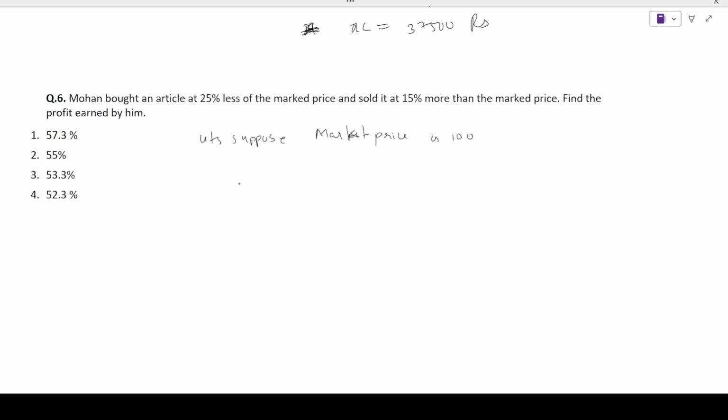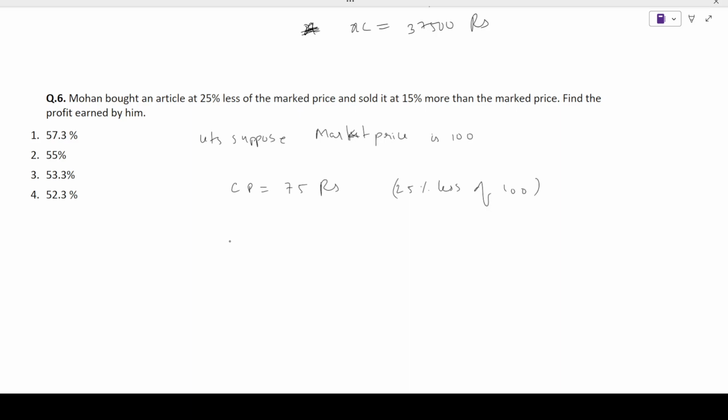So Mohan bought it for 25% less. That is, the cost price is 25%. 25% of 100 is 25. So he bought the article at 75. Cost price will be 75, which is 25% less of 100,